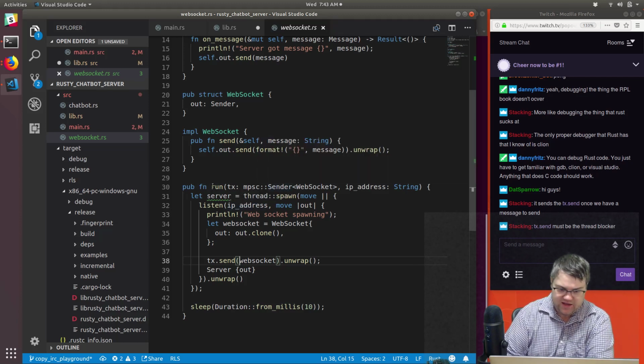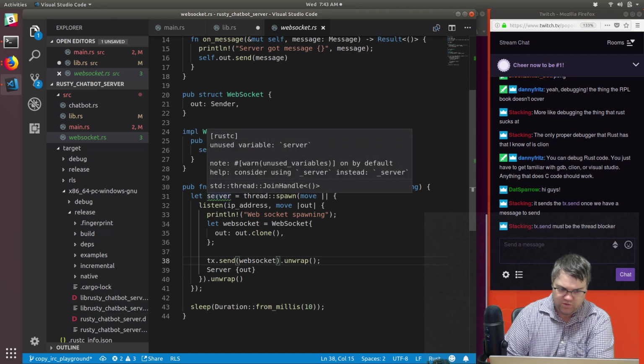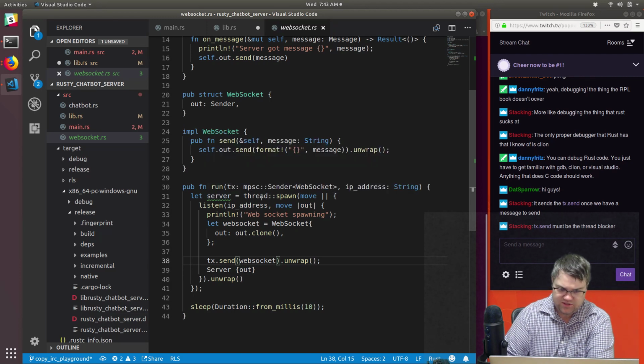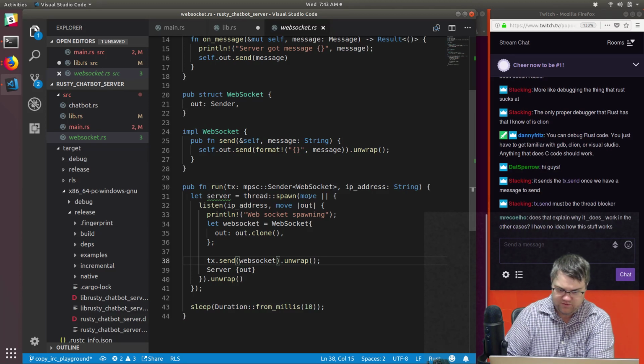Okay, so if we have that, function run, we have server equals thread spawn move. Does that explain why it does work in the other cases? I have no idea how this stuff works. Yes, I believe this does. So